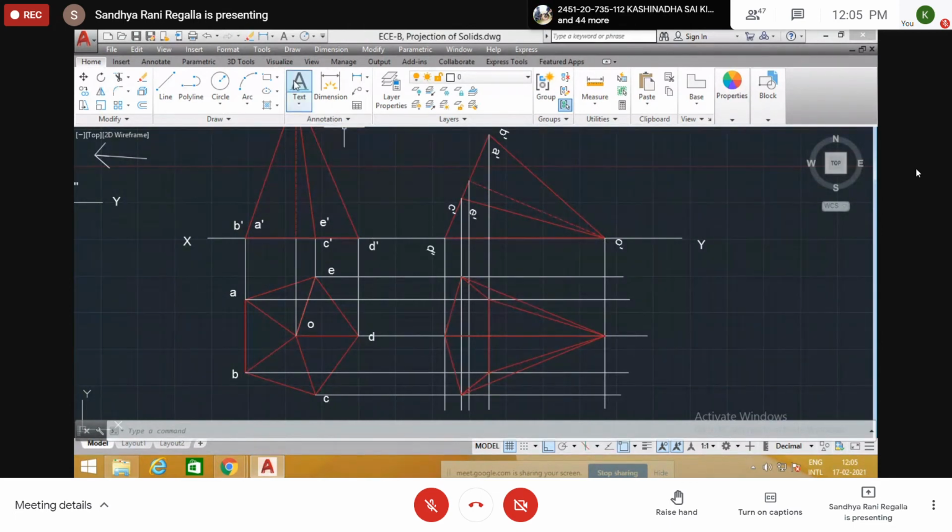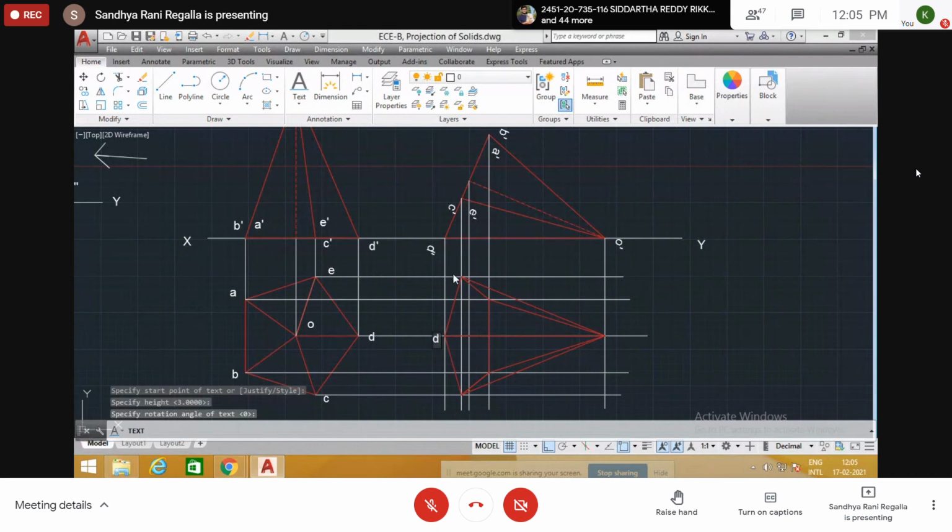If you put the notation, this is B, and this is E, and here it is A, E, C, and O. Okay.